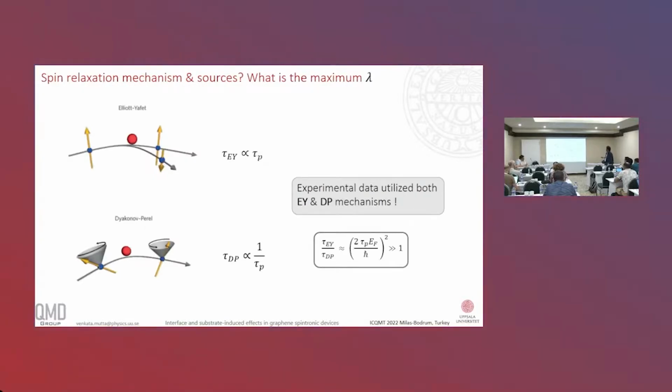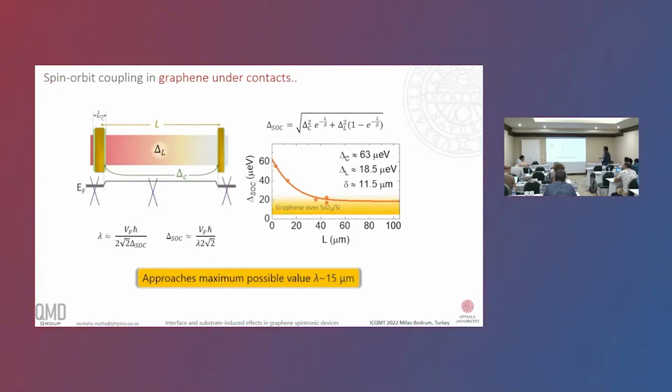And when we tried to see the dependence of momentum relaxation on the spin relaxation times, due to Elliott-Yafet or Dyakonov-Perel, what we see in this kind of case is that the spin relaxation due to the Dyakonov-Perel mechanism seems to be the most dominant mechanism. So we ignored the spin relaxation due to Elliott-Yafet. So instead of the conventional method, we tried to employ only the Dyakonov-Perel mechanism to evaluate the spin diffusion